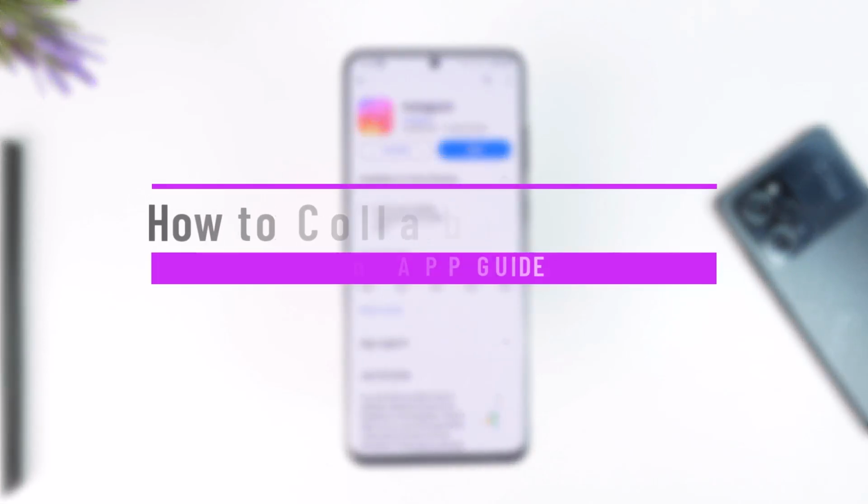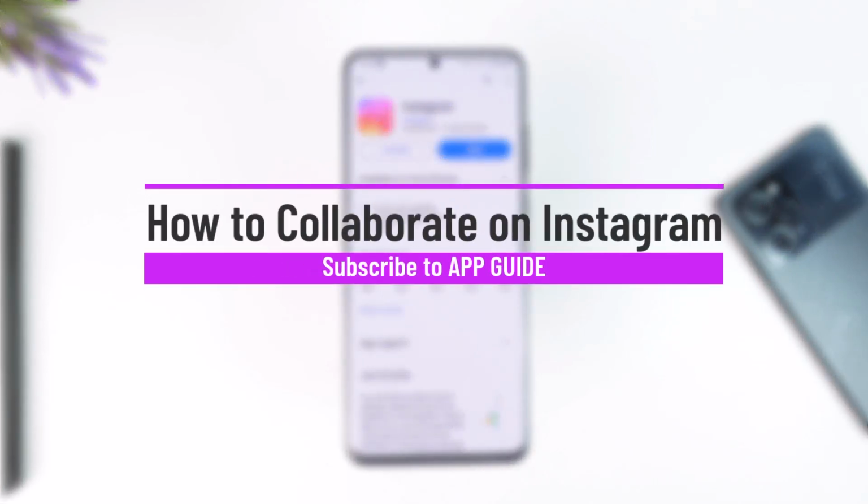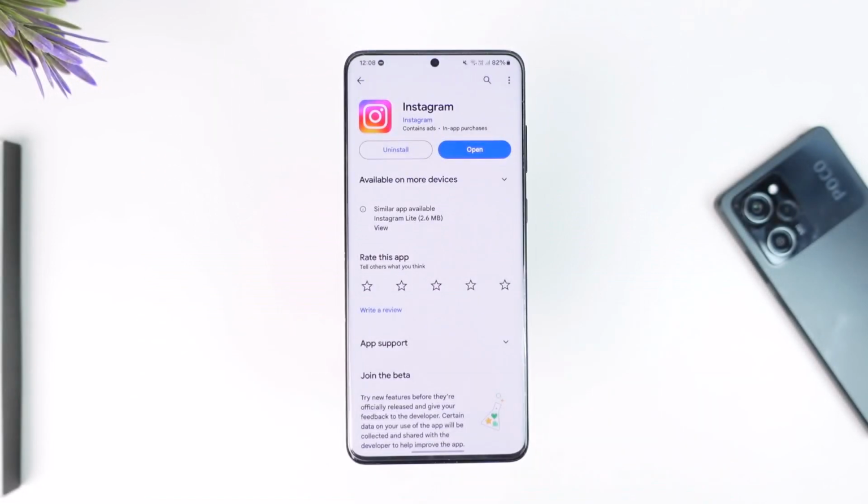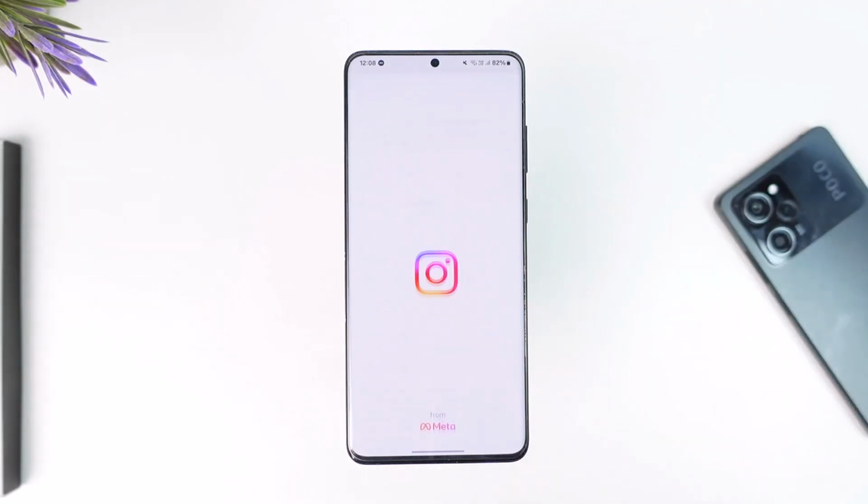How to collaborate on Instagram. Hey everyone, welcome back to our channel. In this video we are going to learn how we can collaborate on Instagram, so make sure to watch the video till the end. Well, to basically collaborate on Instagram, all you have to do is open up the Instagram